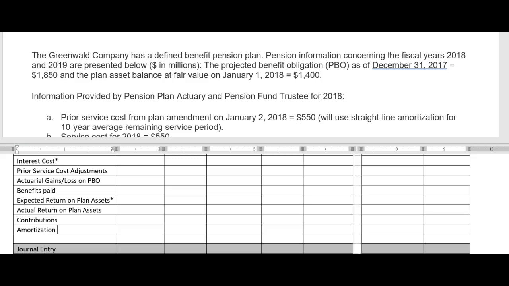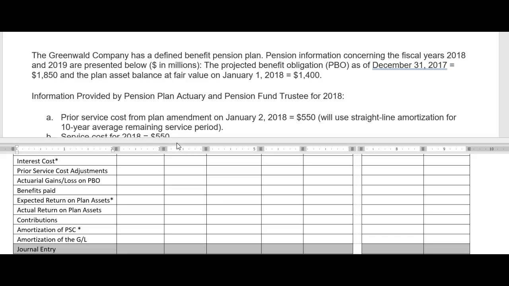So the amortization of the prior service cost is one piece of pension expense that does not go into the PBO or the plan assets. And the last thing I just said, like these actuarial gains and losses, for example, are also amortized over the life because, again, we're not taking all that at one point in time. We do calculate those a little differently with a corridor test, and we'll actually do the corridor test in this problem we're going to look at. So that's called the amortization of the gains or losses. Okay, I'm going to use G and L because we're running out of time. So that's a good